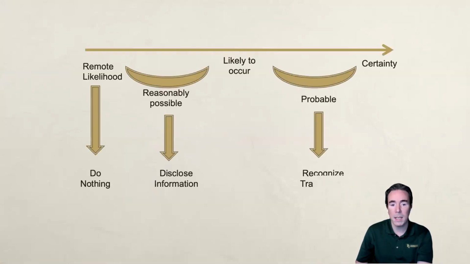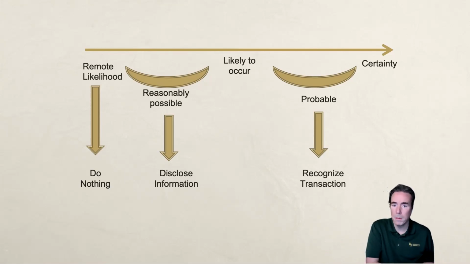If we look at the accounting rules more specifically, if the likelihood of the contingent liability materializing is remote, then the client is not required to do anything and is unlikely to do anything. If it's more than remote, but not probable to occur, then the client must disclose it. And so now if it becomes probable and the amount can be reasonably estimated, then the client has to recognize